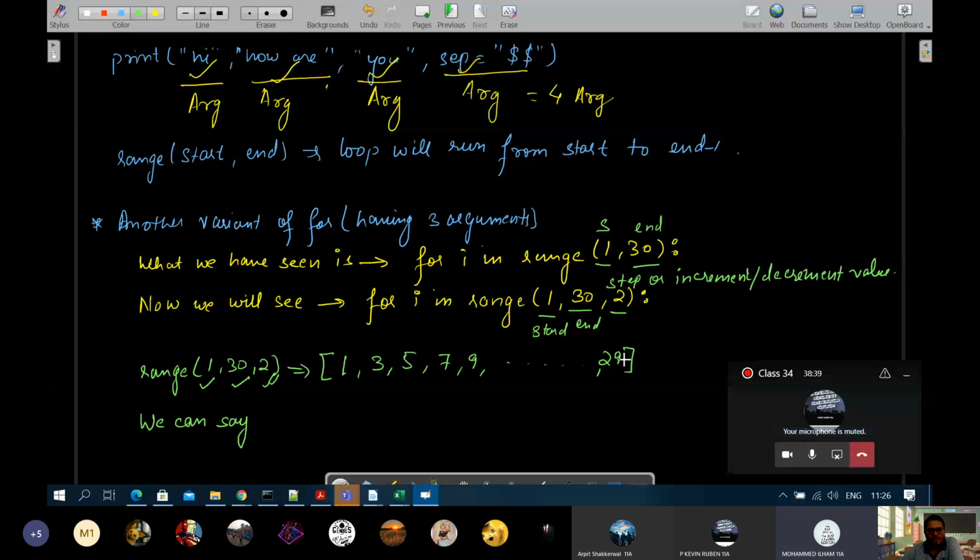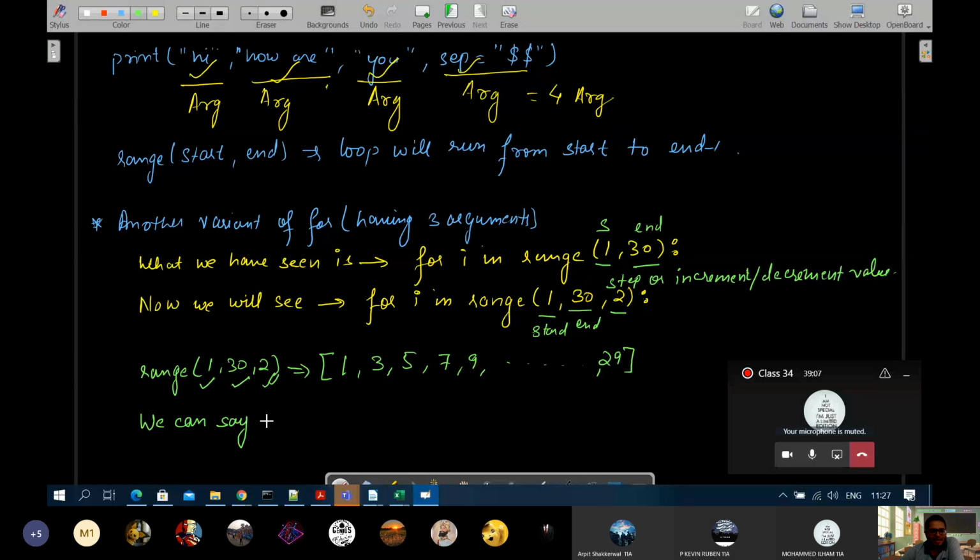No, sir, I'm saying like the loop will go until 27. No, so after 27 plus 2 is 29. So 28 it will not go. No, 28. How will it reach 28? Because you are incrementing by 2, na? Every time. Yes, sir. It will skip 2, it will skip 4, it will skip 6, like that. So every time in order to generate list from the starting value, two values will be incremented till you reach the last value minus 1, whatever you have specified here.